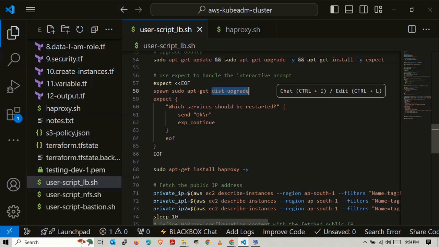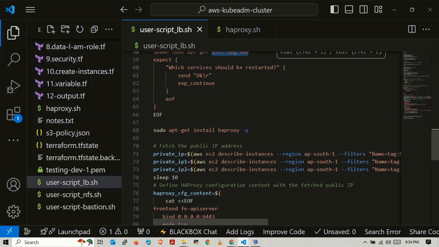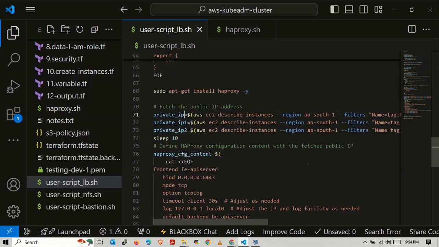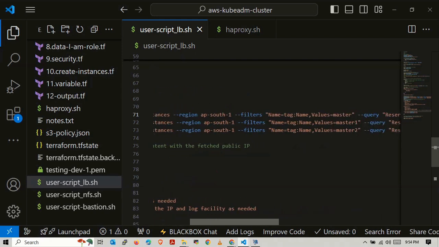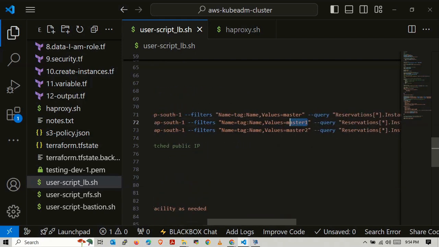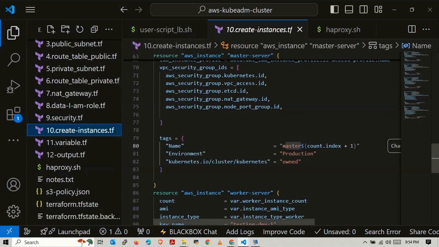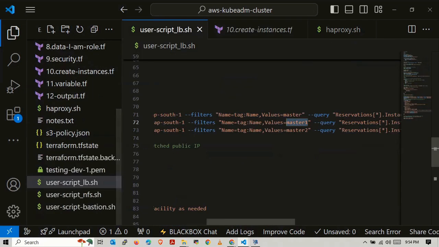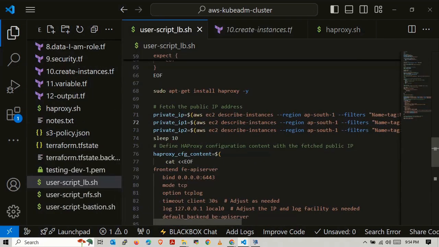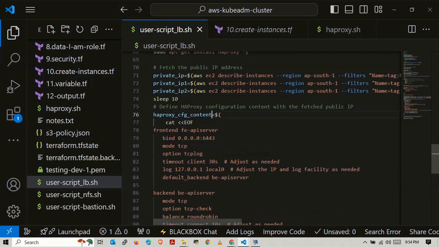It will press OK, and after this we are installing the HA proxy server. After installation of the HA proxy server, we are fetching the private IP of master nodes using this command, and saving that in the variable master nodes, all master nodes. These are the naming convention which we have used here: master 0 will be master 1, master 1 is master 1, master 2 is master 2. Saving it in a variable, and after that we are using a variable